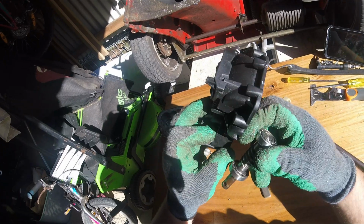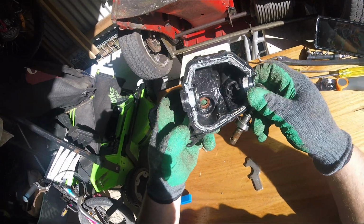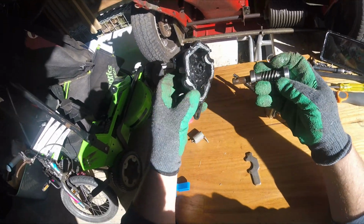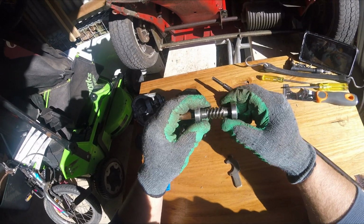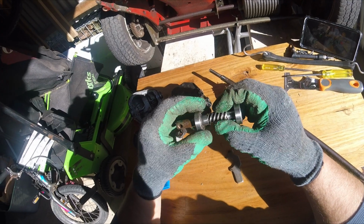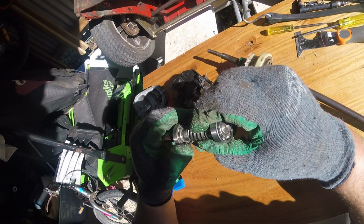That's a bearing in there, isn't it? Or just a dust seal? No, a bearing. No, dust seal. So dust seal, and then bearing at the top and then a bearing at the bottom to ensure that this thing doesn't move. This bearing is